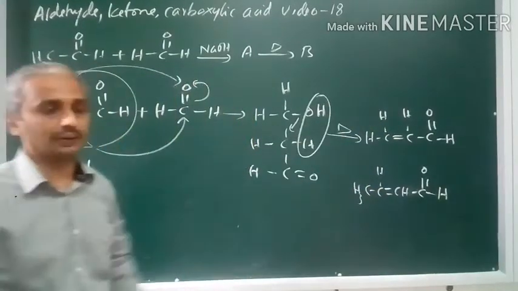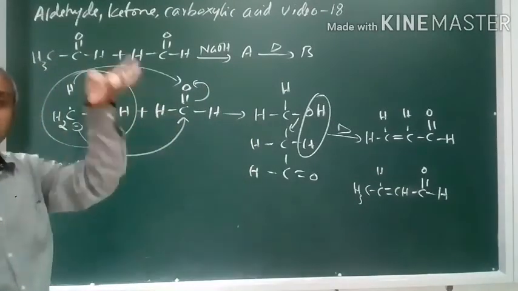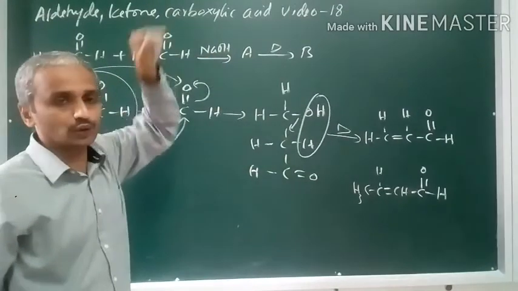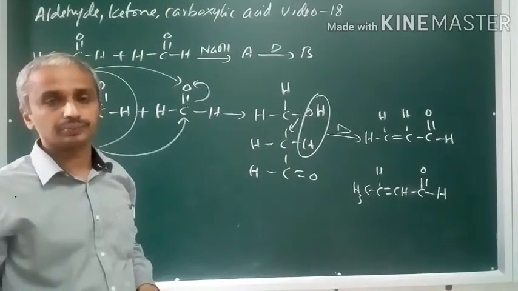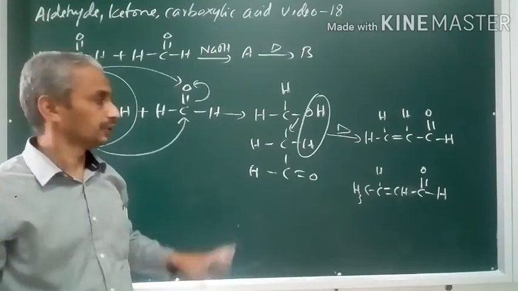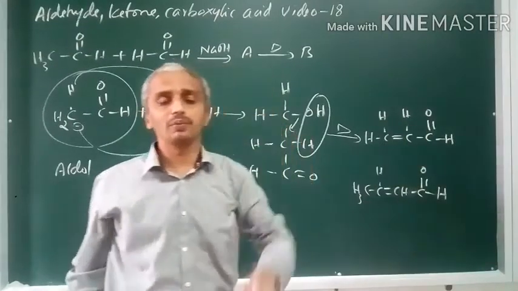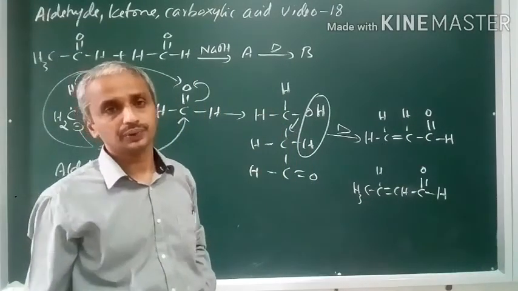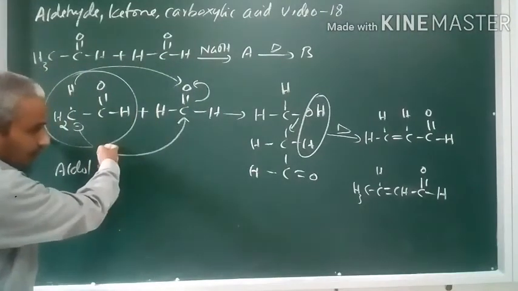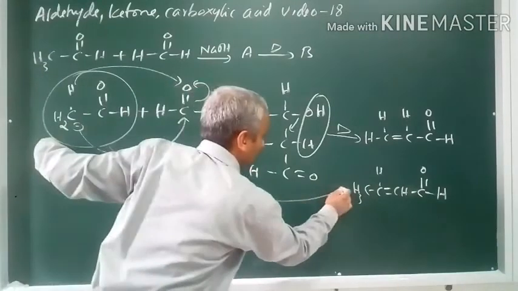This product will be there, and certain molecules of the formaldehyde may go for Cannizzaro reaction also, because we use sodium hydroxide, a little bit. Okay, so we get more than one product. Remember this. You won't get only one product. When this alone goes for the aldol condensation, the final product will be this.